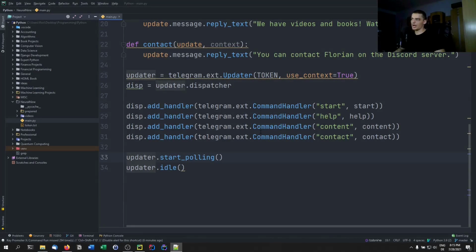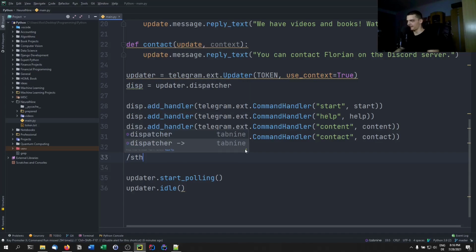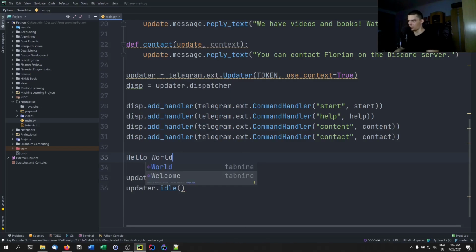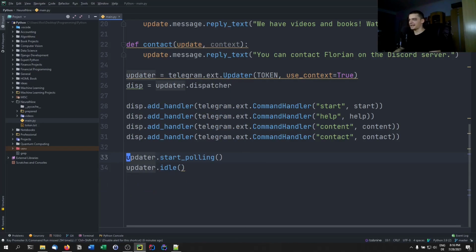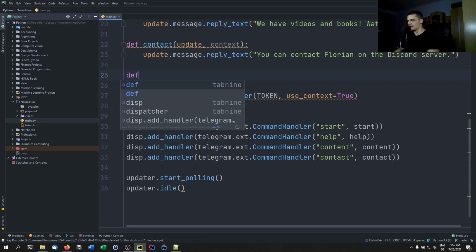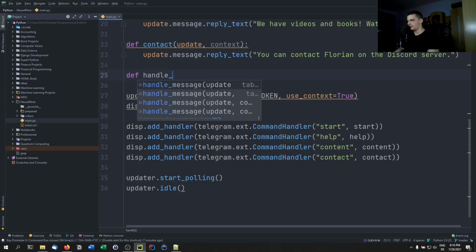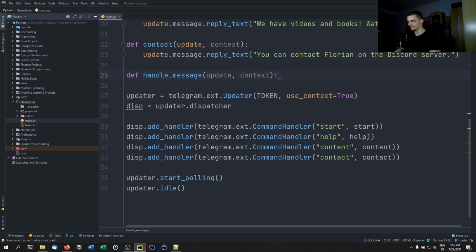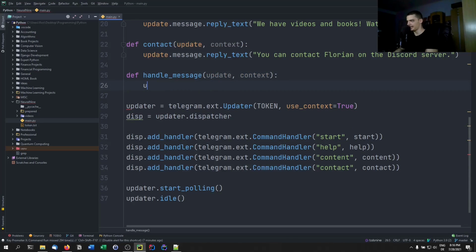Now I want to show you how you can also handle individual ordinary messages and not only commands. So not only something like /something, but actually something like hello world, for example. Just answering ordinary messages. If we want to do that, we're not going to use a command handler, we're going to use a message handler. But still, we need to define a function for that, so I'm going to say def handle_message, and we're going to pass update and context again, and we're going to say